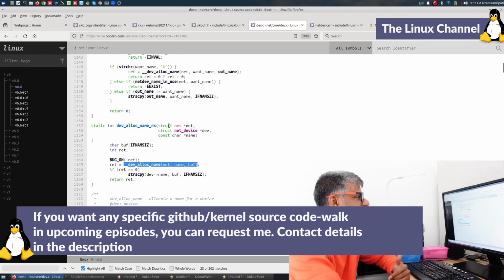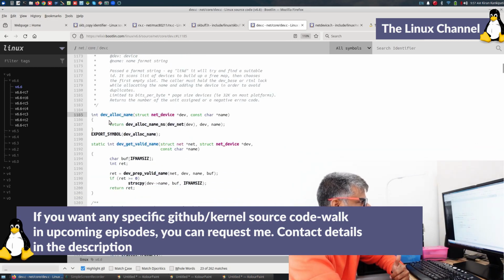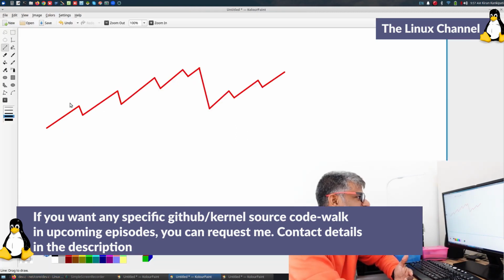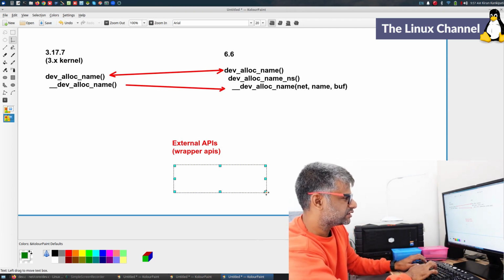And who knows, in a recent kernel as well, we never know, this may get some new code going forward. So they tend to maintain this wrapper API for legacy reasons initially, then they may add some more features within this API in case it is required. Okay, hence I am saying again, this is a graph like this, the number of lines added in the source code. So that way we have these external APIs, then we have these helper